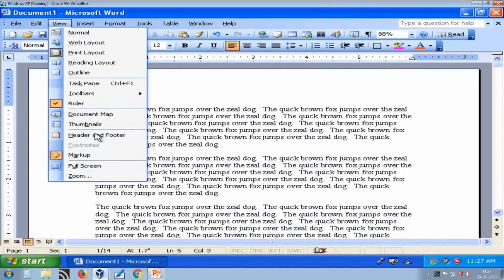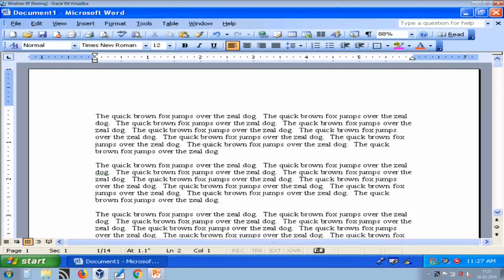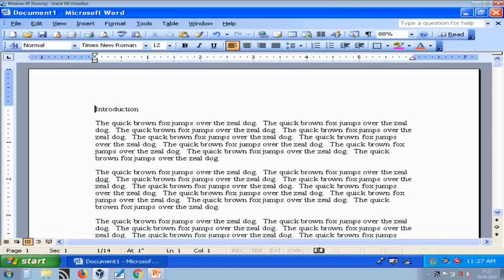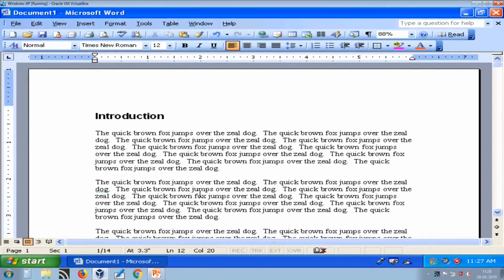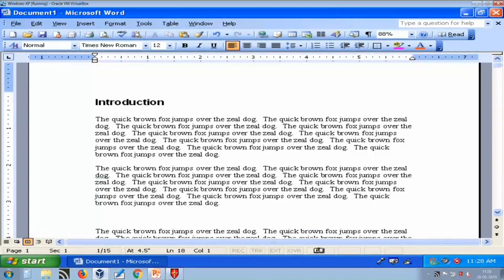The next option is thumbnail and document map. So, for document map, we need to change this content. For example, I have a title, introduction. Now, I can use a style for giving the title. So, here I am selecting Heading 1. So, now it is a heading. Here my section 1 starts.